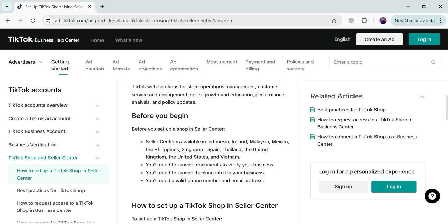If you are not in the list of these countries, then you are not eligible for creating a seller center account. But there are multiple ways through which you can create a seller account and sell products on your TikTok shop, but we will cover this topic in upcoming videos upon your request. Okay, if your country is not available in this list and you want to know how you can create an account, you can just drop your comment in the comment section, and then we will make a video on